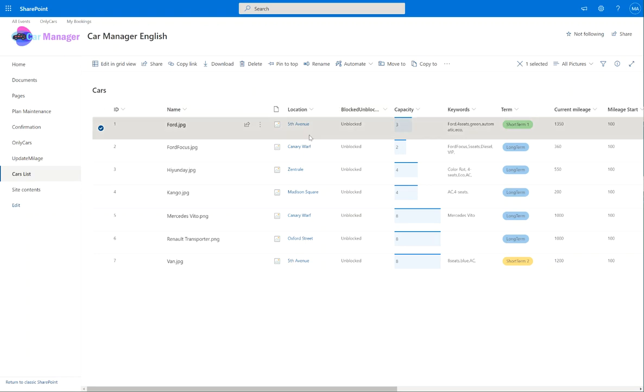So this car has a location. It means the pickup is at 5th Avenue. You can have different locations depending on your needs. The car can be blocked or unblocked. We have a capacity field for the car, so the number of seats that are available. You see as well here, very nice with the different colors, the conditional formatting that is available in the modern experience. We use keywords, meaning you can